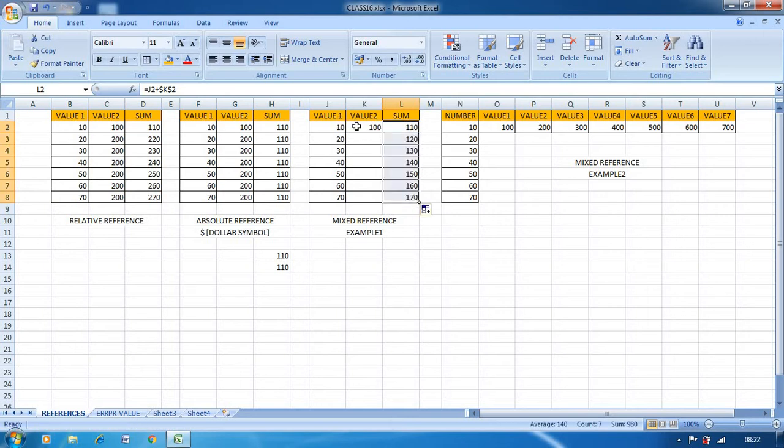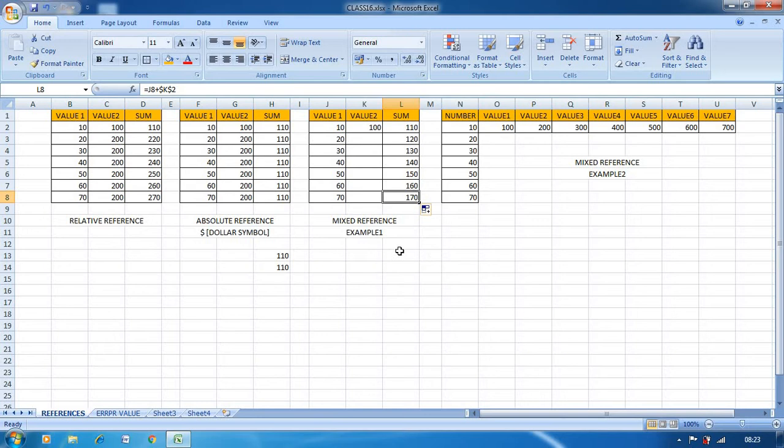see here, 100 will be same, 100 plus 20, 100 plus 30, 100 plus 40, 100 plus 50, 100 plus 60, 100 plus 70. So I use the formula J2, it becomes J3 in the next cells, J4, J5, J6, J7, J8. But for all the cells, this one will be same, it won't change.